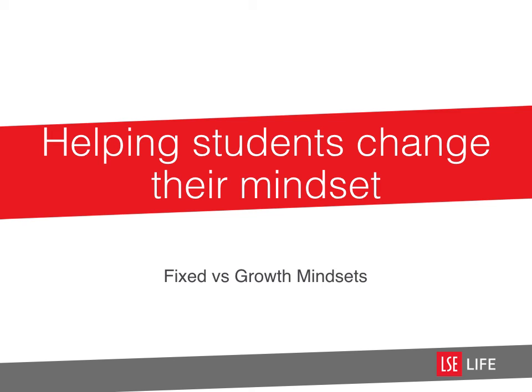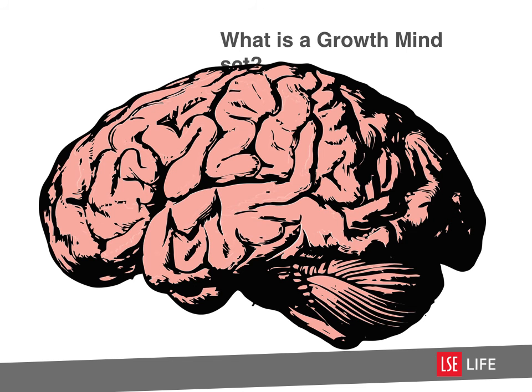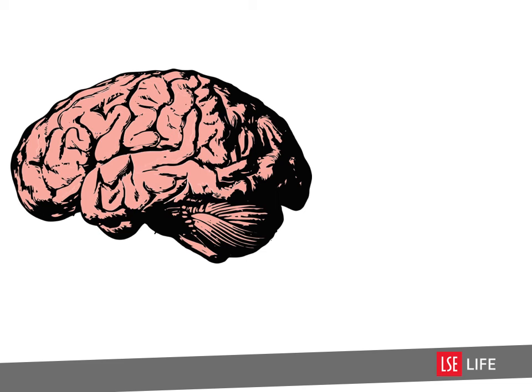The last important principle of mentoring to discuss in part 1 is the role of SAMs in helping other students to change their mindsets. So, what exactly is a growth mindset? Well, a growth mindset is a way of thinking about learning that improves the way you take on new, more difficult challenges at work, school, home, or any other context.